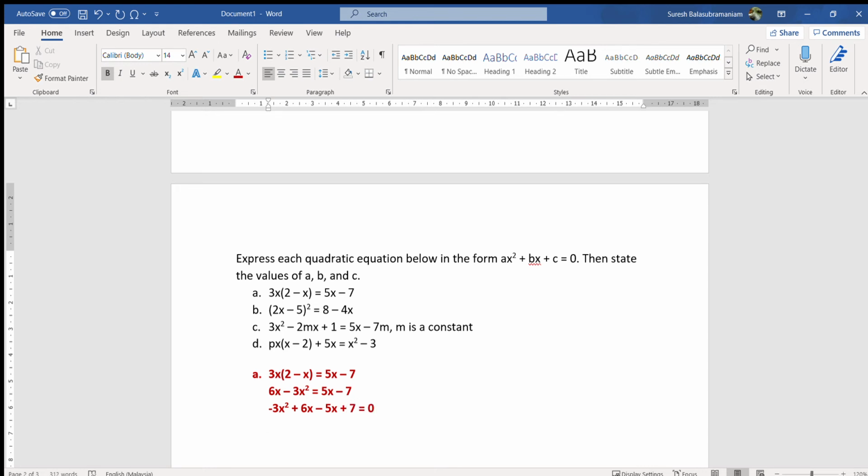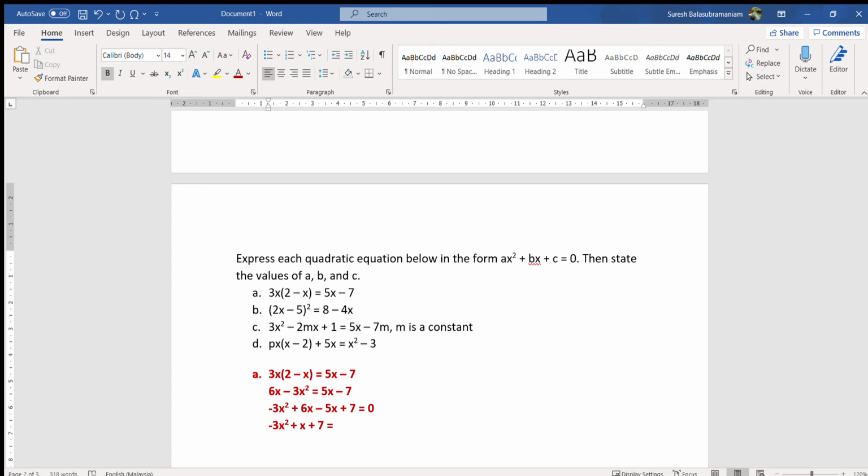So simplify this, I'll get minus 3x to the power of 2. 6x minus 5x is x, so plus x plus 7